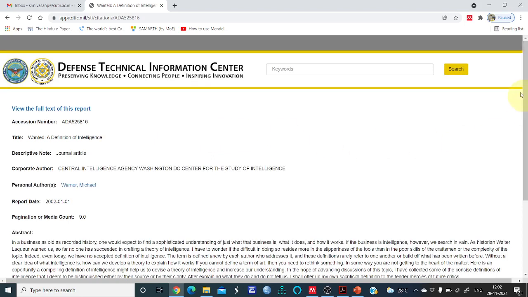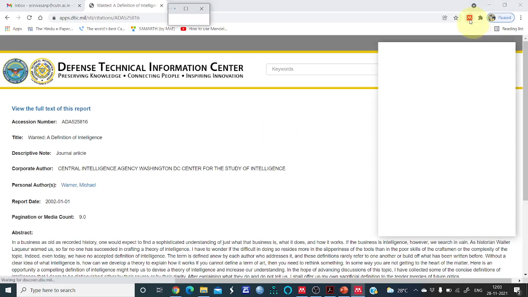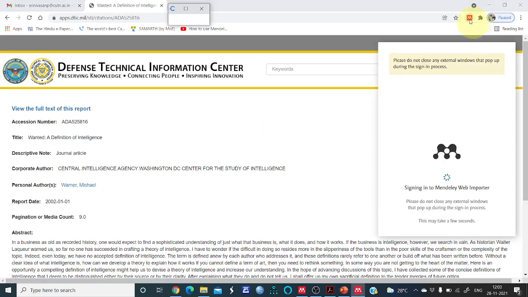And then see, after the Mendeley Web Importer has been installed, at the top right corner we can see the Web Importer icon. Just after seeing the article, just click this icon. Now the icon is getting signed in.